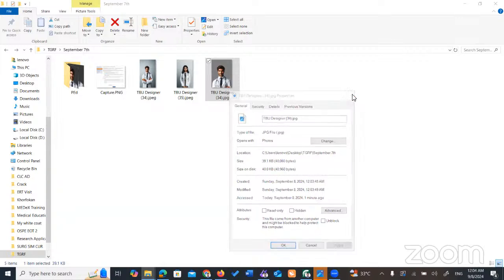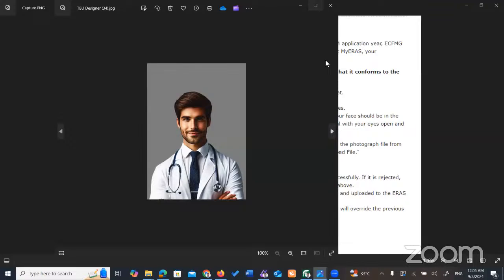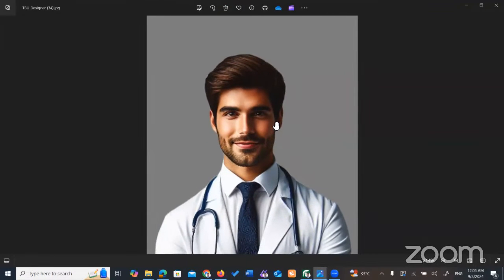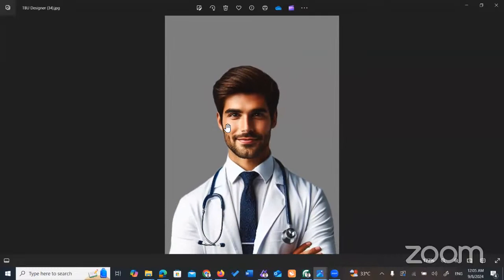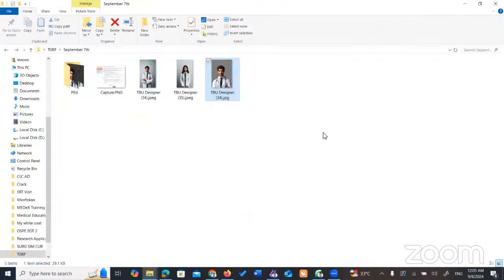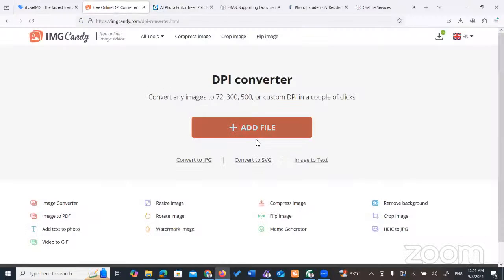So this is the required picture description, and you can see it as it is. So yeah, that's how we edit it, and that's how we generate a perfect ERAS picture as per the requirement. So yeah, that's the first tool, and that is the first website that is very nice and very clear and very straightforward to use. The second thing is the using of the free online DPI converter,